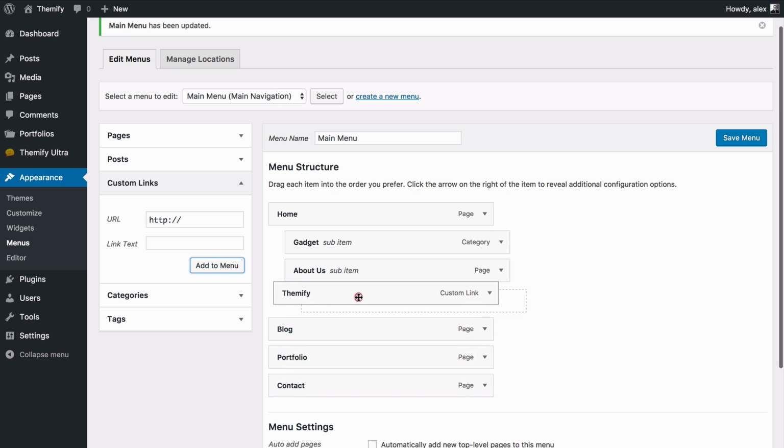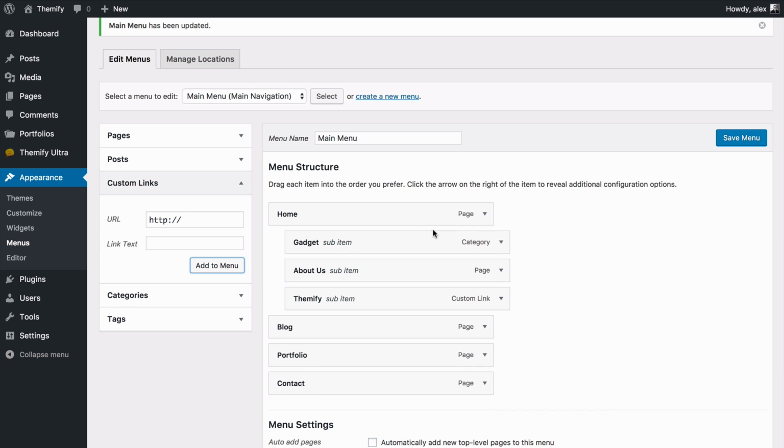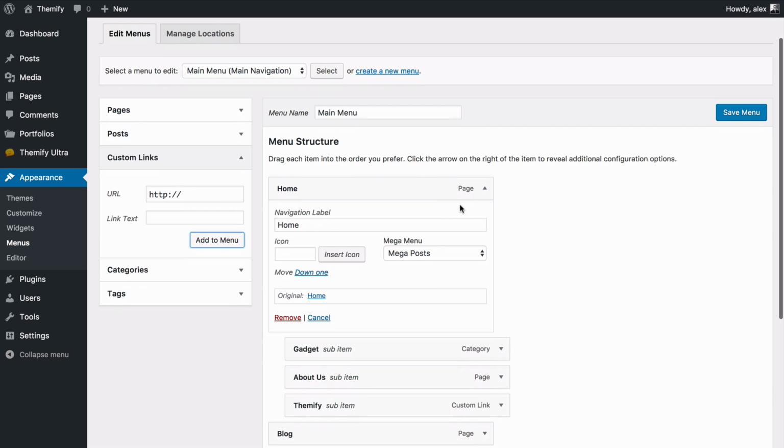Add that to the menu as well. And then we've got the category already added in. We then want to go to the main menu here, so the menu item that's going to be the source of the mega menu, and just change this to full